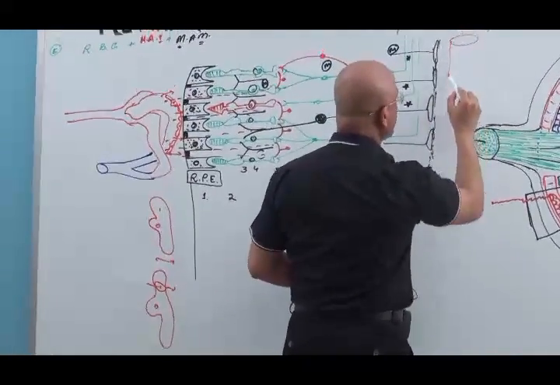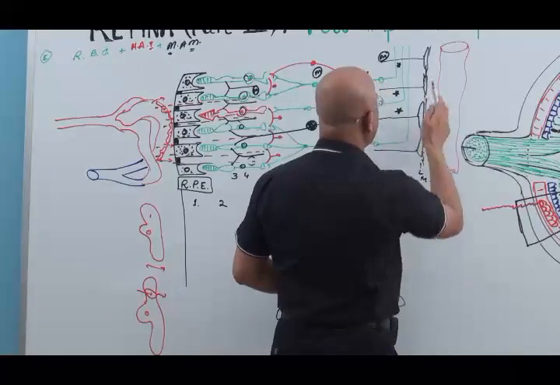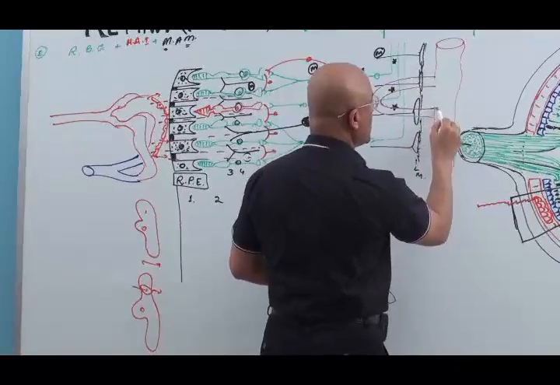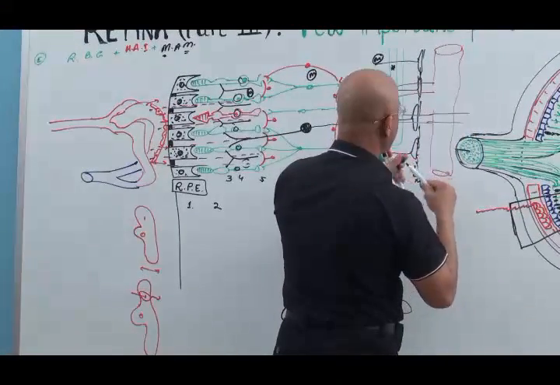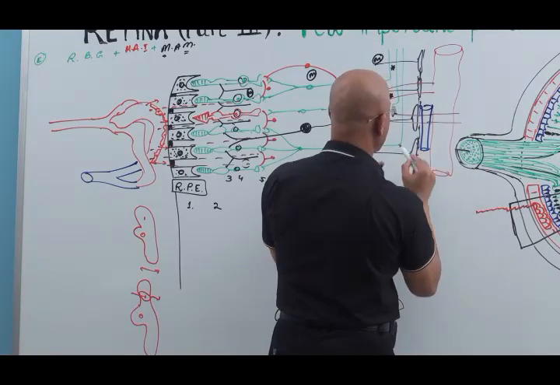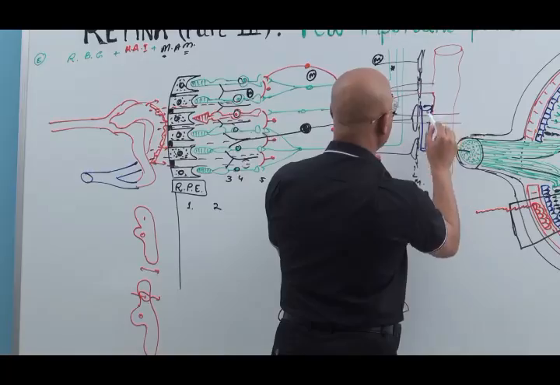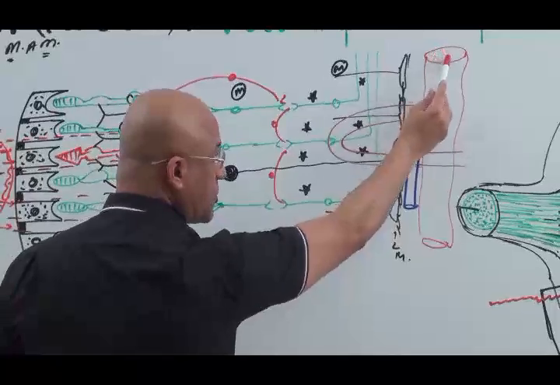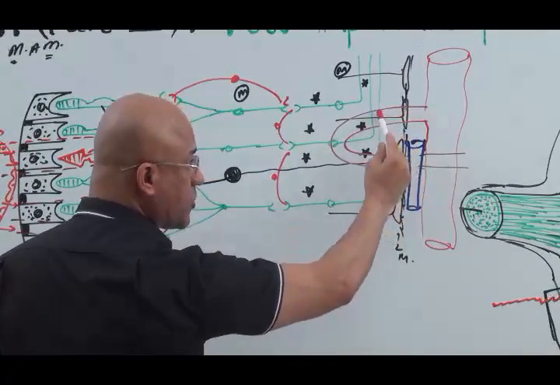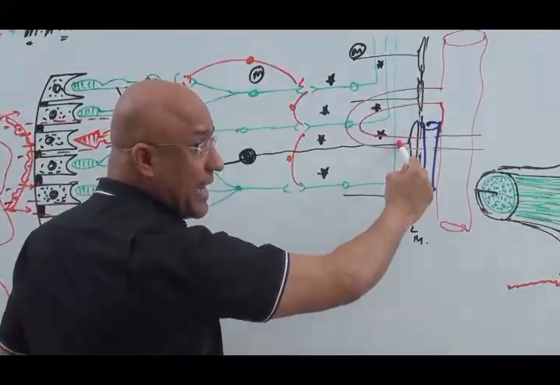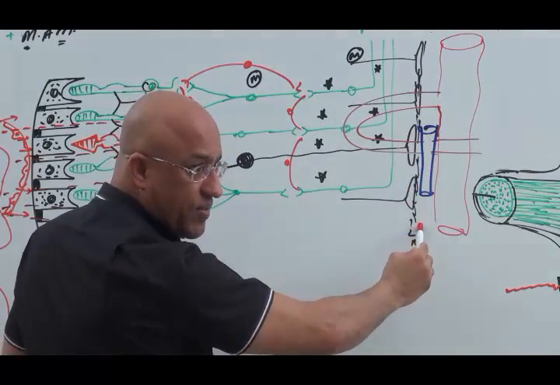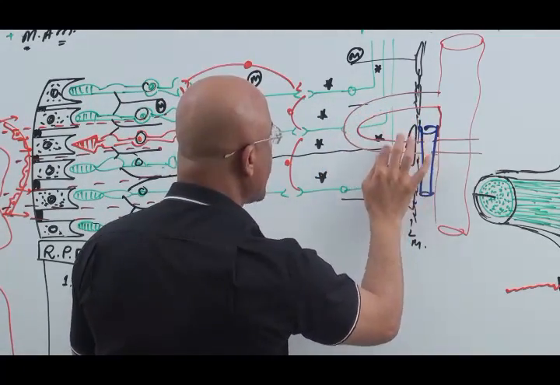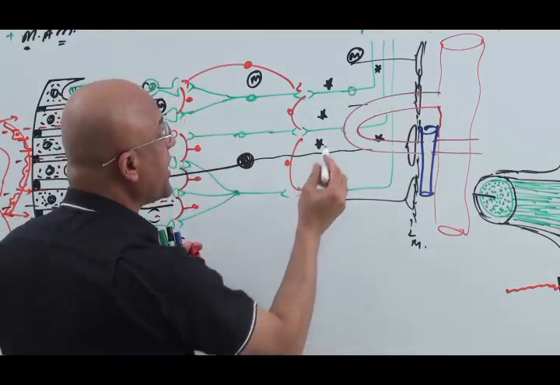For example, this is a branch of the central retinal artery. It has capillaries which are going in, and coming back to the vein. Here is the vein, and this is the central retinal artery. Now, the blood which comes through the central retinal artery passes through these capillaries within the retinal inner layers and drains into the central retinal vein. Now, here is also a blood retinal barrier, but here the barrier is made by